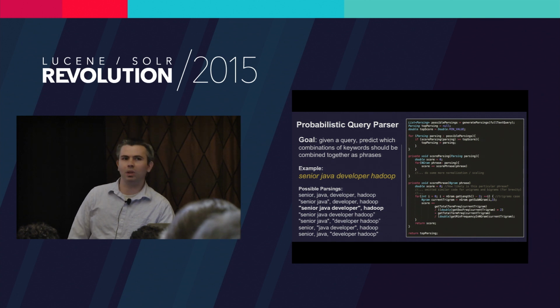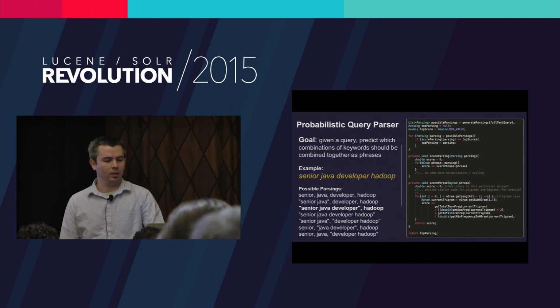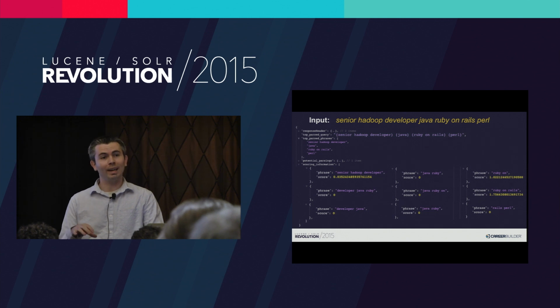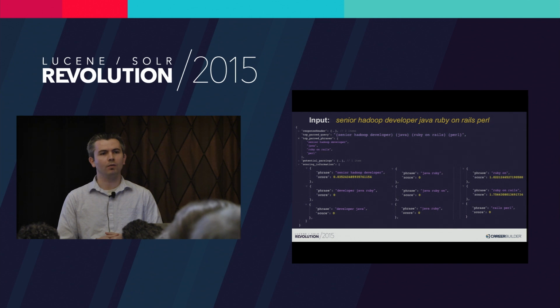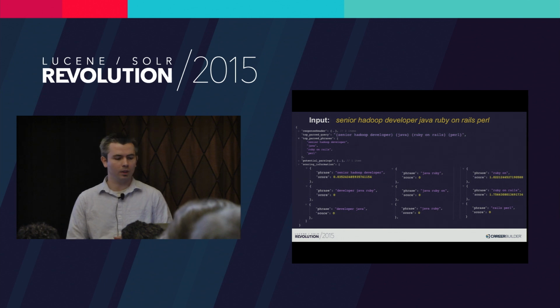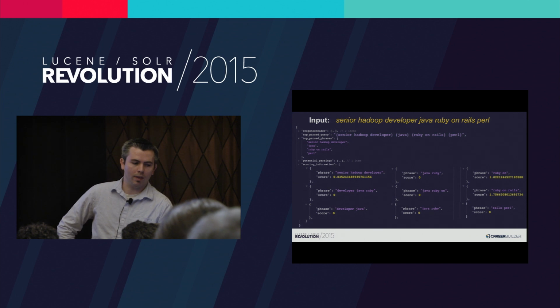Basically, imagine just applying naive Bayes to the term frequencies and document frequencies that are in the Solr index. And when I say we have a language model, I should also say our language model is just the Solr index. So when you pass documents into Solr and parse them out into unigrams that go into a content field, we can actually leverage the positions of those unigrams in terms of how they occur together to do interesting bit set intersections to figure out what the co-occurrences are of terms together and separately. And so this is an example of a request handler that we've built into Solr